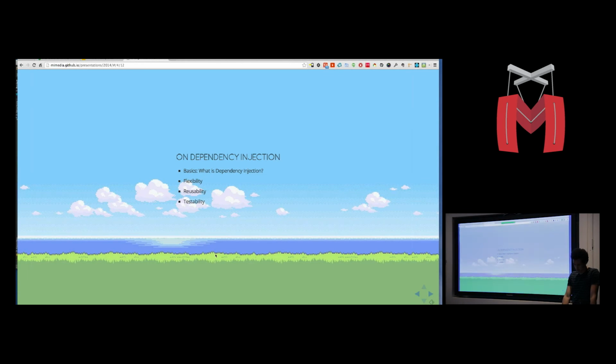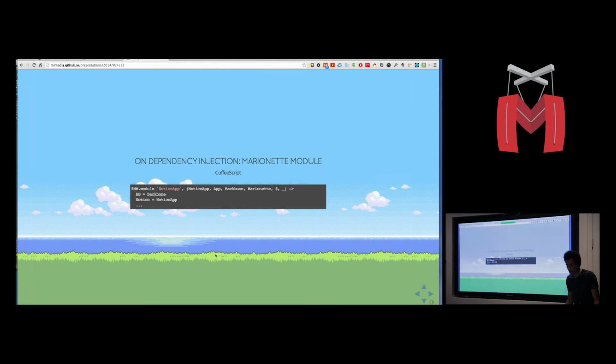So that's a great thing. And I kind of want to show you a brief code snippet of how dependency injection works in a Marionette module. Basically, it's just the same Marionette module that we saw earlier. This is our notifications app, and as you can see over here, jQuery and underscore are known dependencies of Backbone, and Backbone itself is a known dependency of Marionette, and so those are three things, obviously, that we're going to